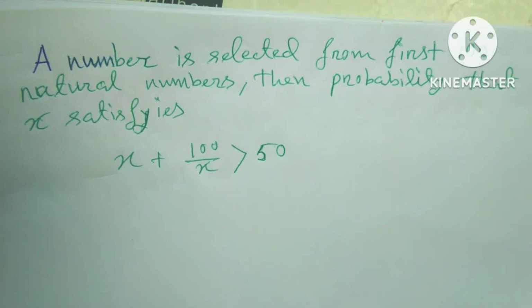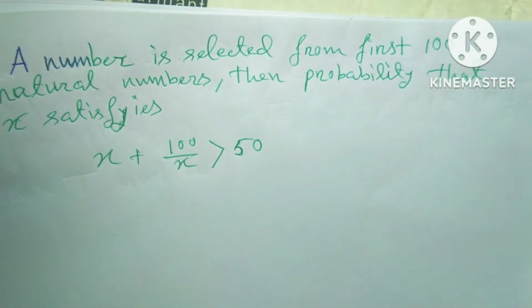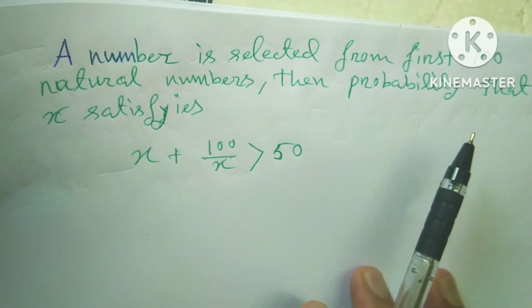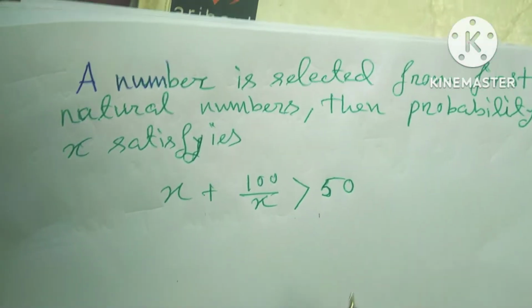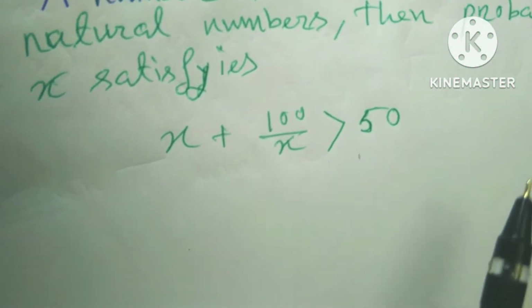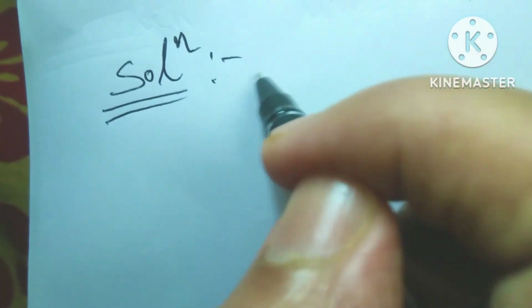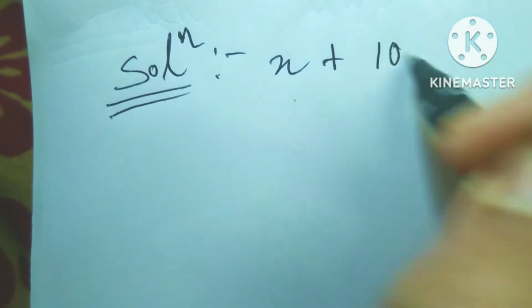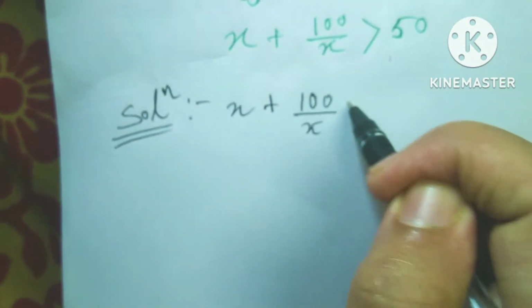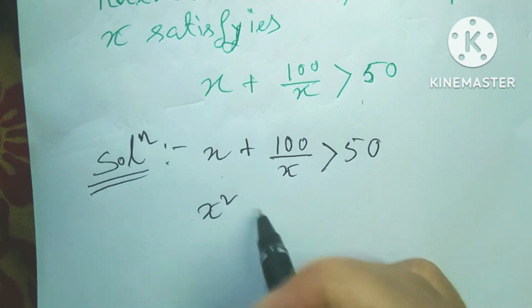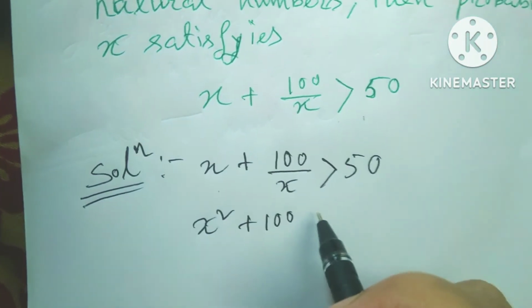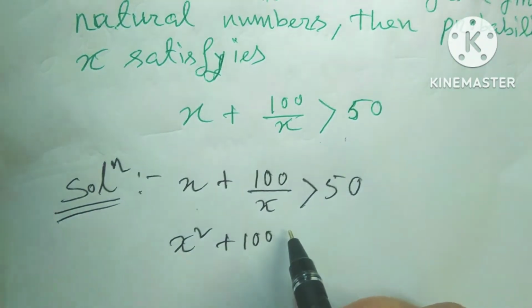Today's discussion is probability. A number is selected from the first 100 natural numbers, then find the probability that x satisfies x plus 100 by x less than 50. So friends, solution: x plus 100 by x less than 50, and x square plus 100 less than